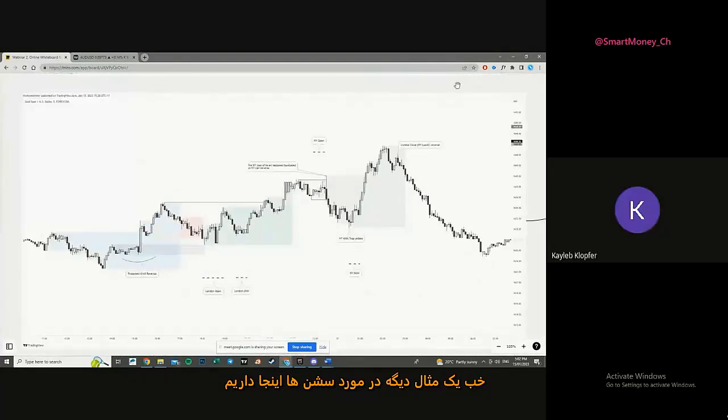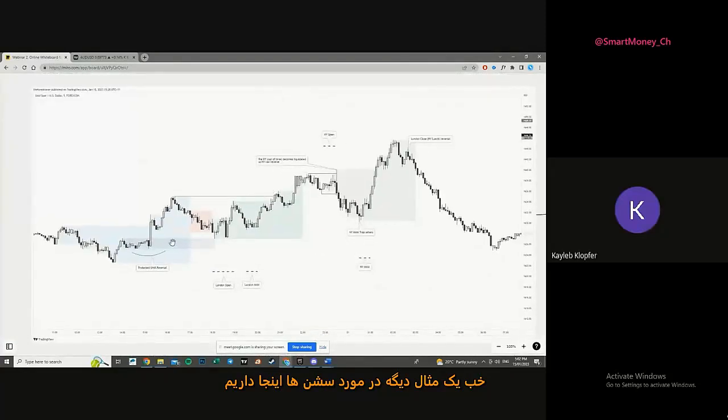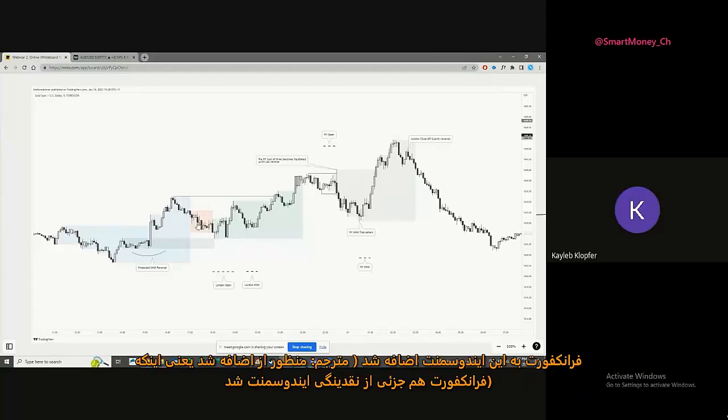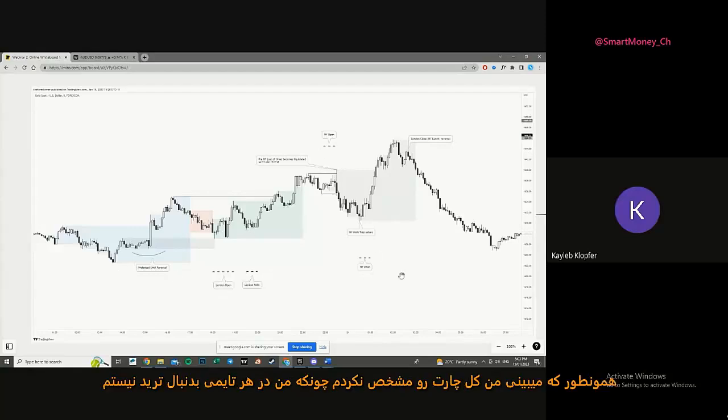Specifically on session times here, and a bit of another example, we have a nice order block here that formed in Asia. So we have our break and retest example. Here we create inducement, we sweep into it at London Open, not at Frankfurt. Frankfurt adds to that inducement. These dots are essentially when I'll look for trades. See how I don't have everything filled out? Because I'm not looking to trade it every time.